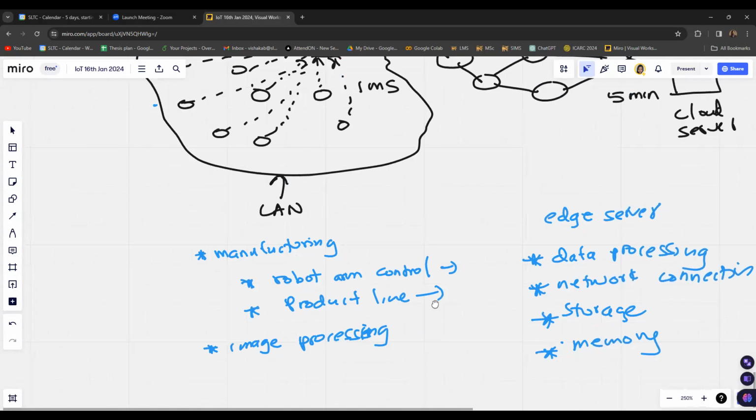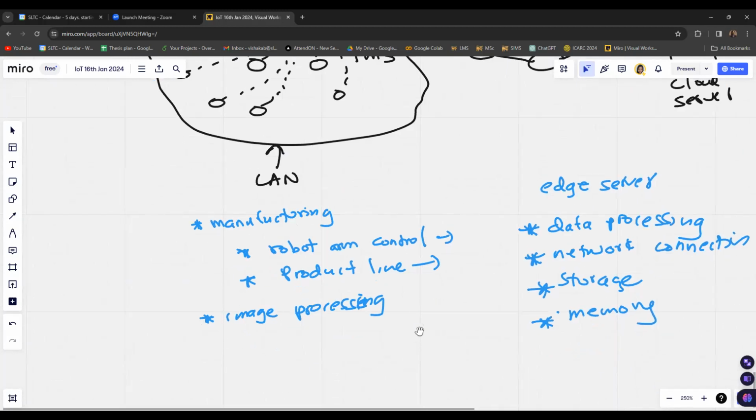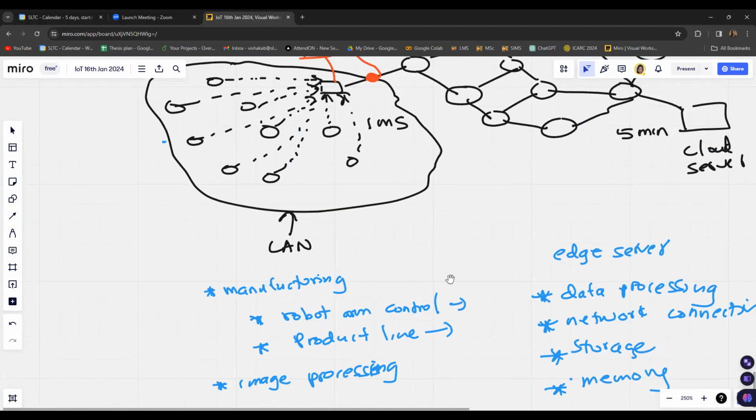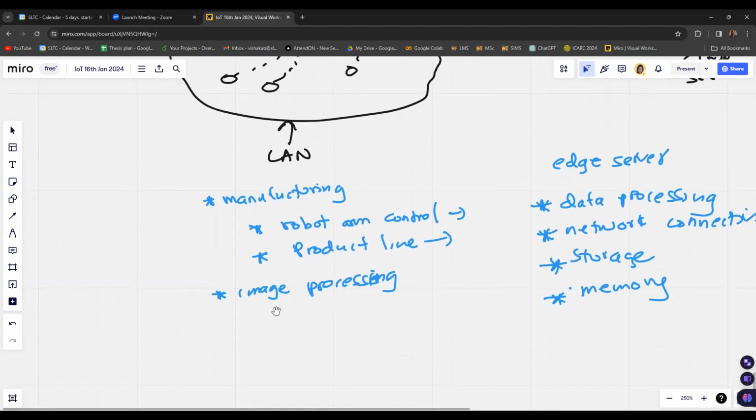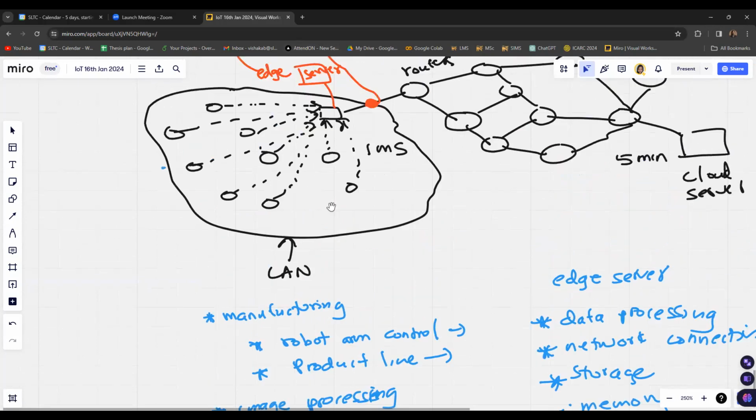Image processing can be another application area where edge computing can be used. You will be uploading some images to the edge server, and the server will do the computation at its level using some image processing techniques.